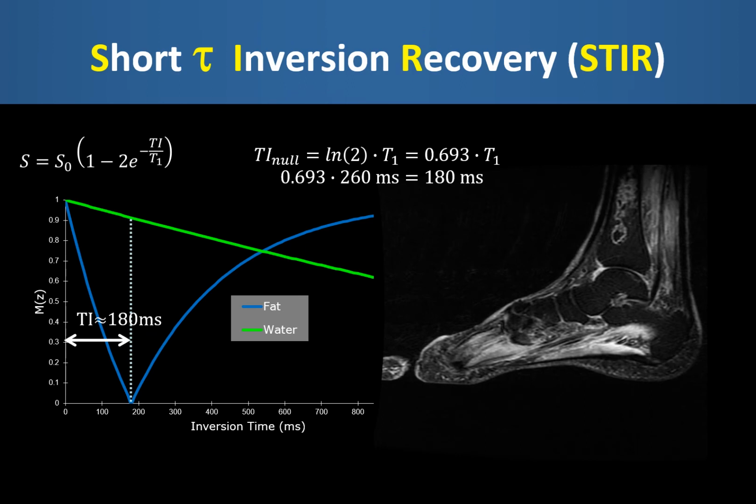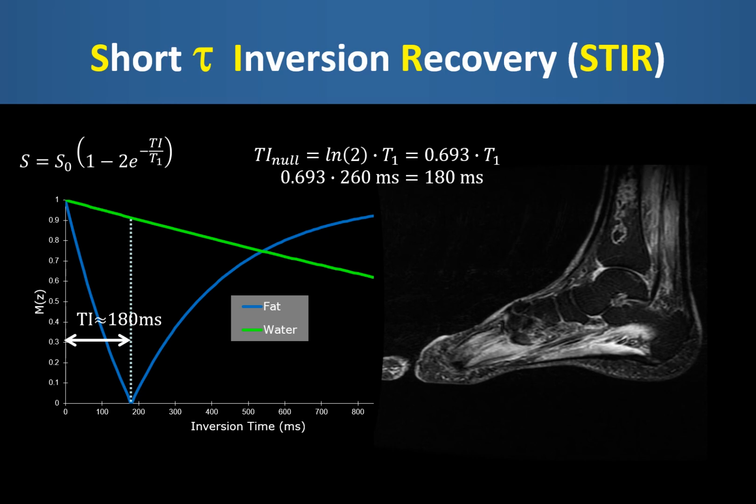One application of magnitude reconstructed inversion recovery is the so-called short tau inversion recovery, or STIR sequence, where tau was the original name for the inversion time. This is an application for the suppression of fat in an image. Fat is often a confounding feature because it has a very short T1 relaxation time and therefore appears very bright